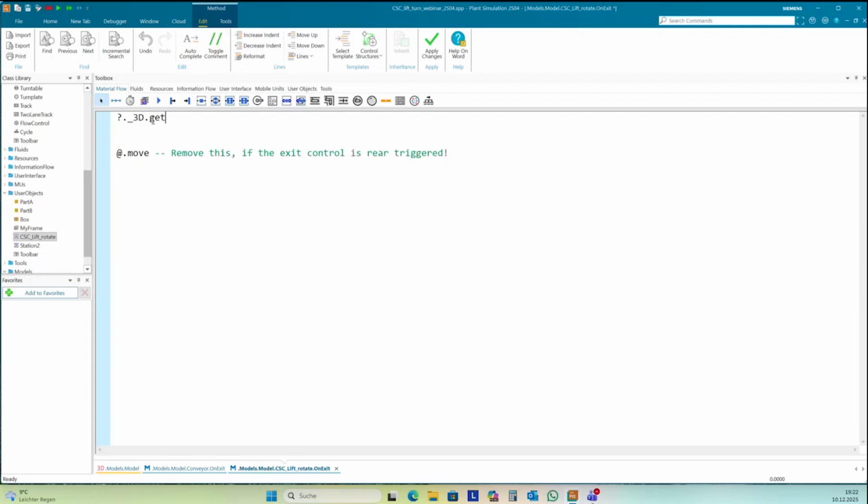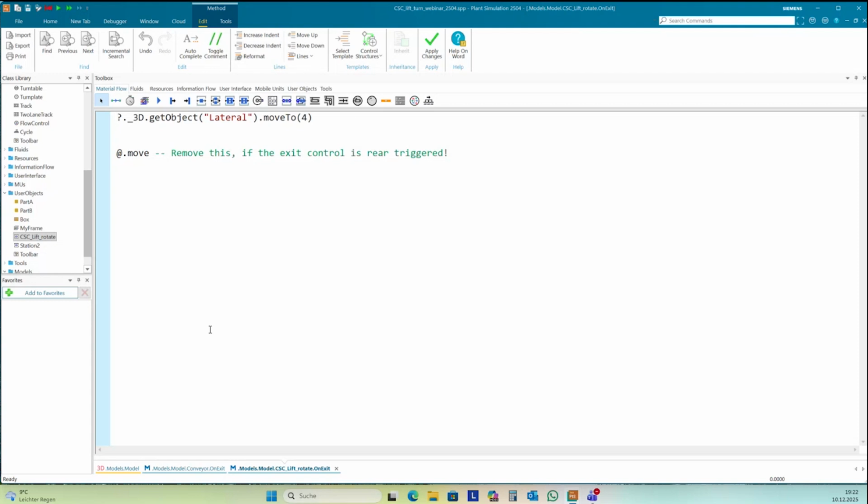Get object. We need to address the object I want to move, and then move to lateral. Yes. This is the first step.